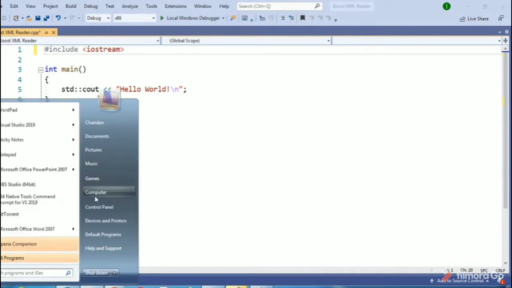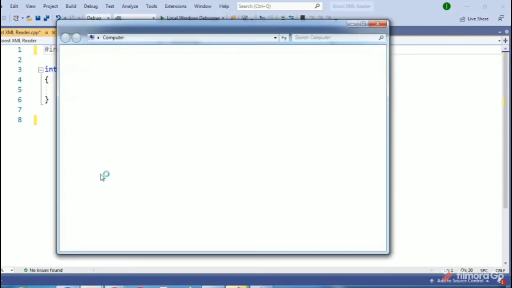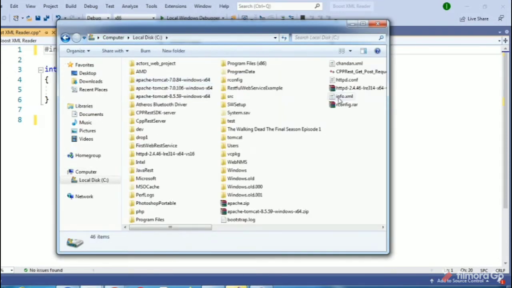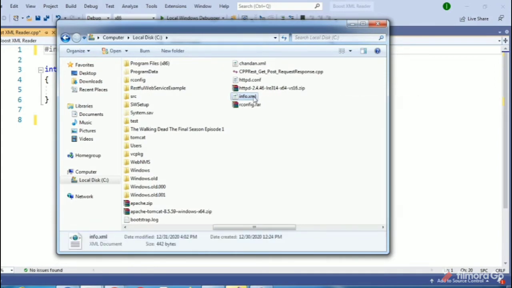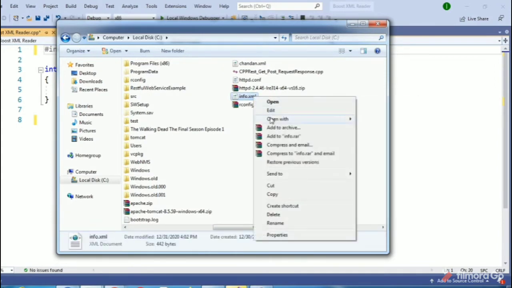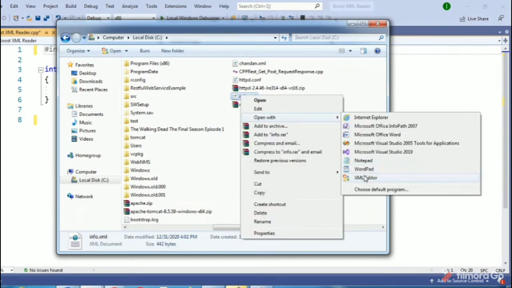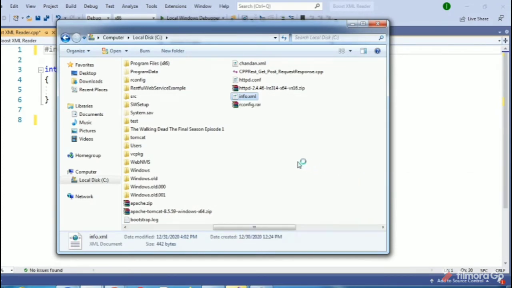So here we have an XML file. I'll open it. The system is a bit slow, but this is the file we have, info.xml. I'll show you the content of it, so let's open it with an XML editor.